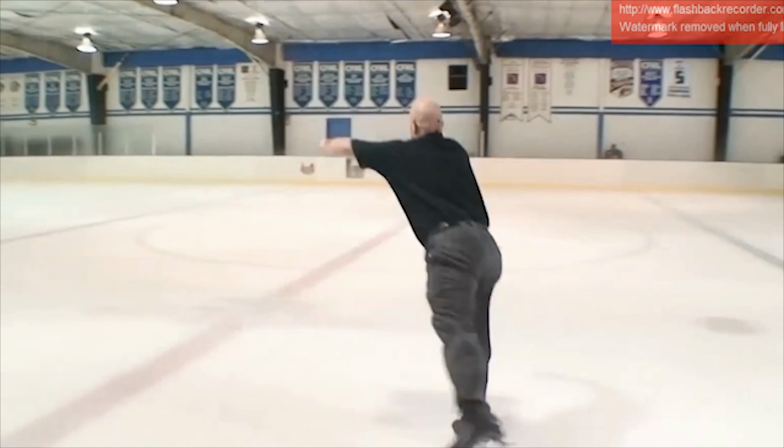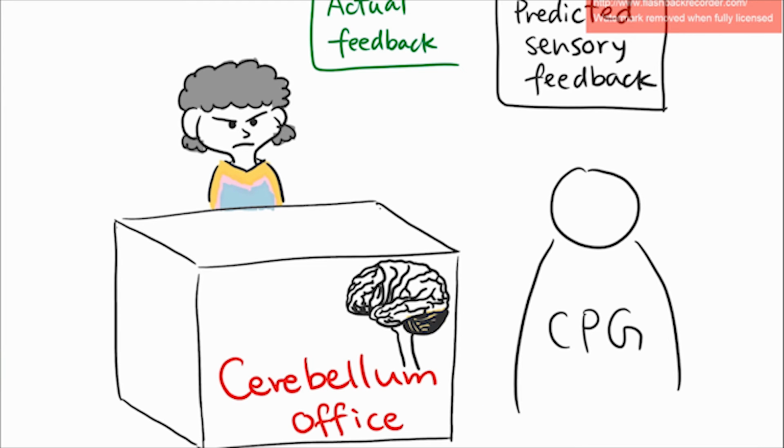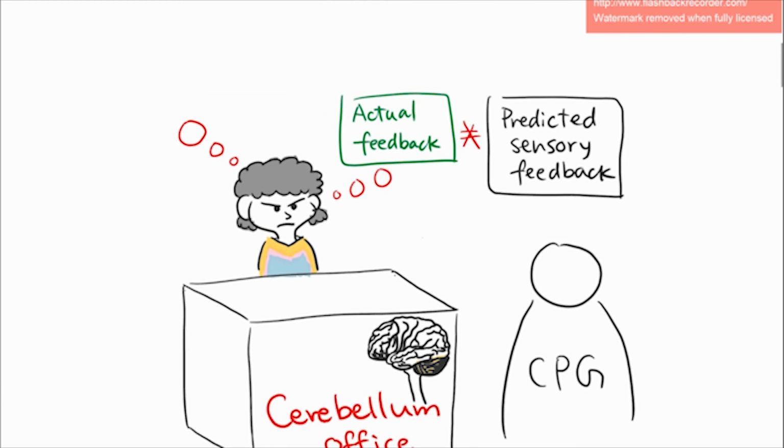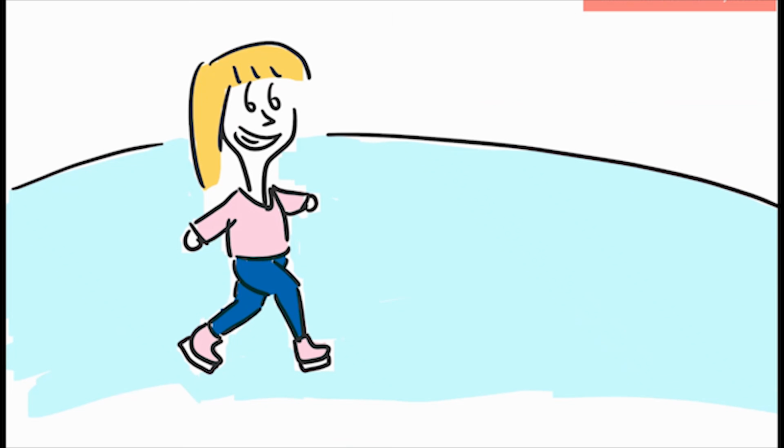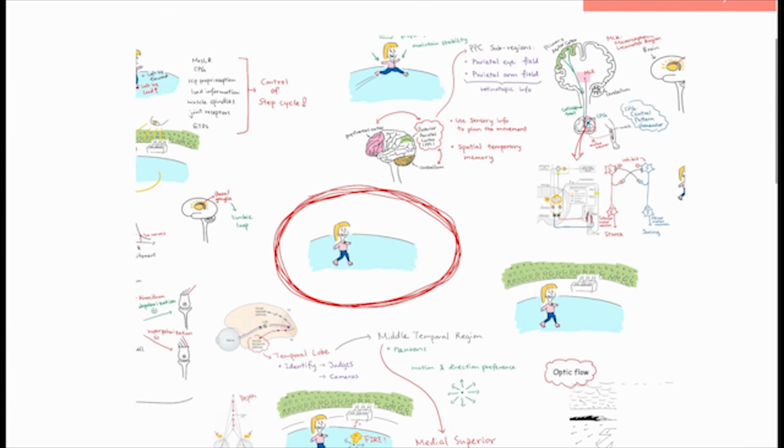At takeoff of the jump, the cerebellum receives a copy of the predicted sensory feedback from the CPG. If the skater lands properly, the efference copy provided to the cerebellum and the actual feedback will match. However, if these two copies do not match, the cerebellum will work to figure out what happened and how to correct it. As you can see, performing a seemingly small task is both controlled and influenced by so many factors,